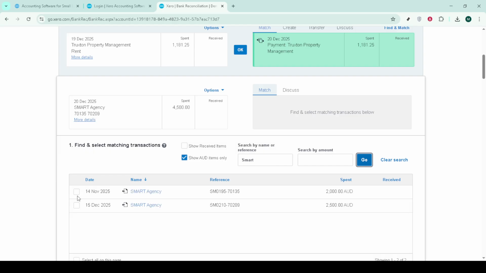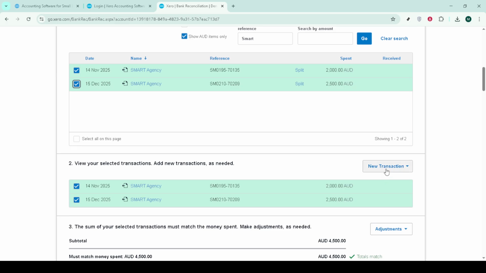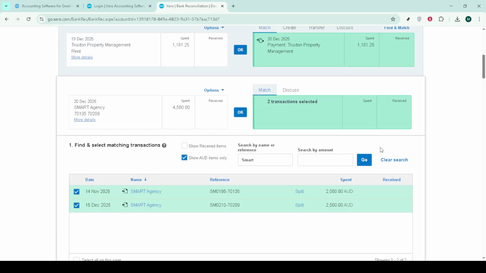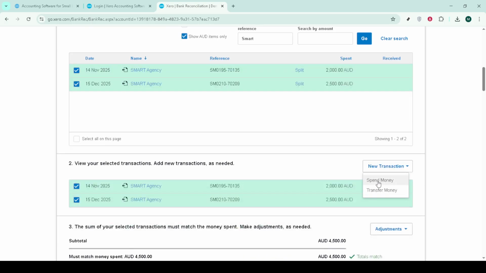Sometimes there isn't a transaction to match because it hasn't been created yet. You can add it on the spot. In the Find and Match window, choose New Transaction, then pick Receive Money for Customer Receipts. If the payment is more than an open invoice or doesn't relate to an invoice yet, select Overpayment as the type. Fill in the details you need: who paid you, what the money is for, why it was received, along